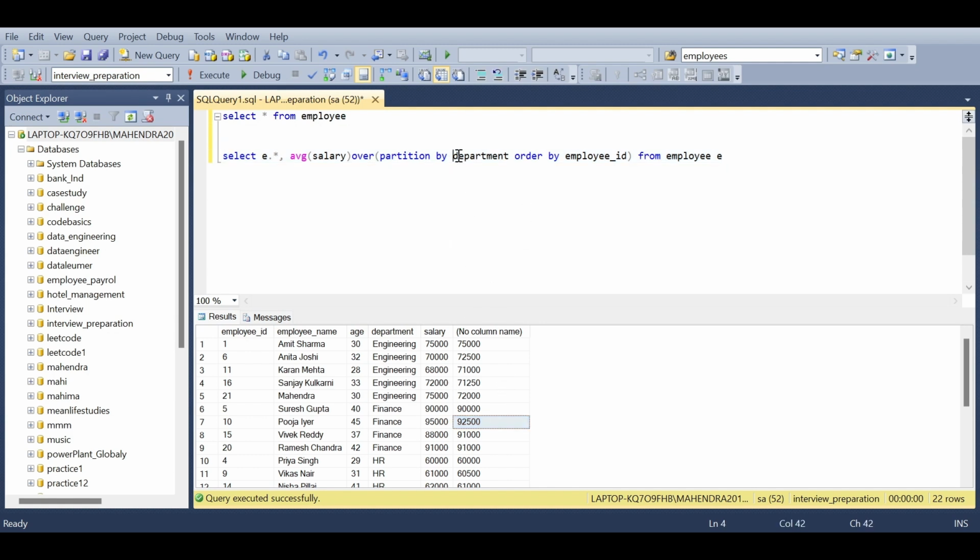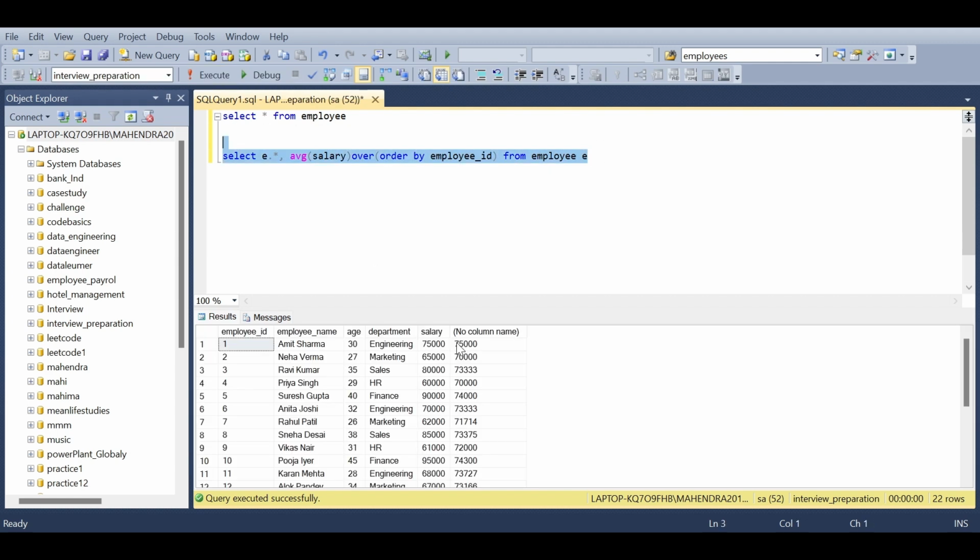Now we will see, this is a rolling average of the organization, right? This means you are going to sum up all records present before. If you're considering the first one, there is no previous, so this will be added up, that is 75,000 as the average value. Now 65, there is one employee before, so you are finding the average for these two. Likewise, for the fourth, up to now 4 employees are there, so you will add up all those values and divide by 4. Likewise, whenever you are finding the average value, it will be the sum of all values before and the current value